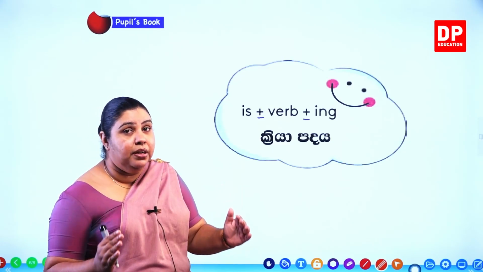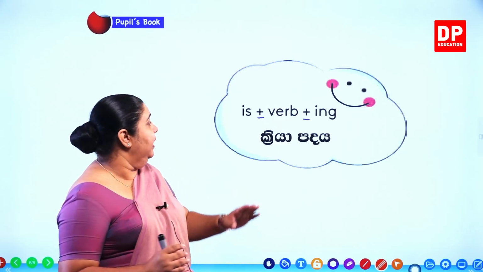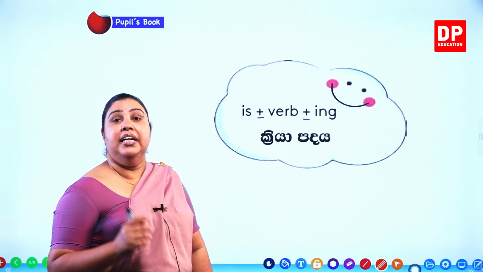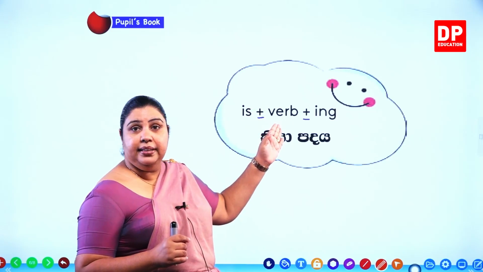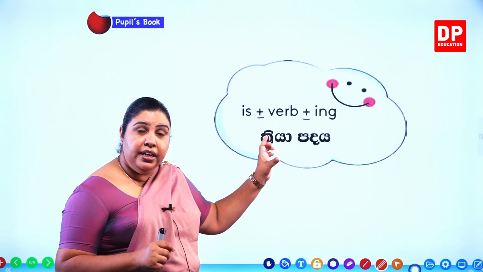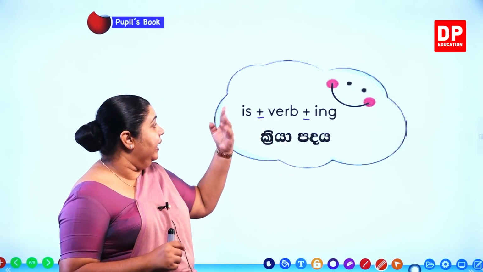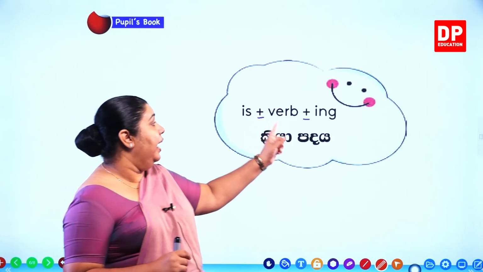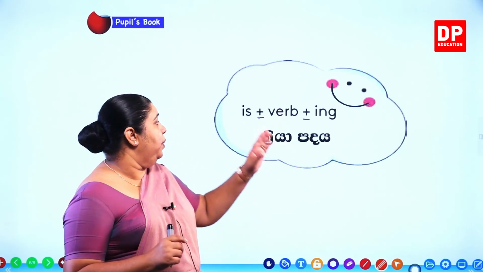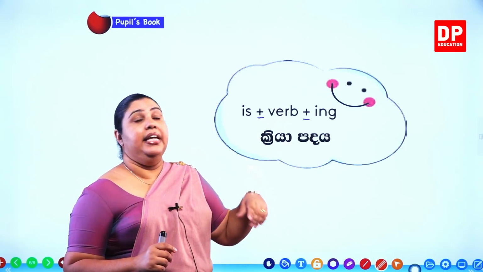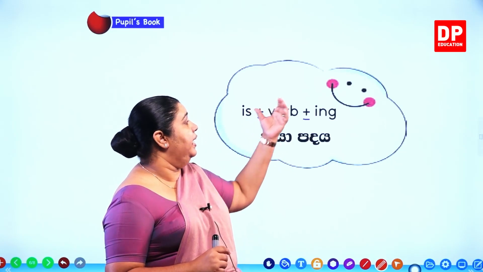We have the verb in the middle. And then in front we have the word is. First we have the word is and then in the middle we have the verb. ඒ කියන්නේ ක්‍රියාපදය. And then we have to add ing. ඒ කියන්නේ ing. First you have the word is, then you have the verb, and then you have to add